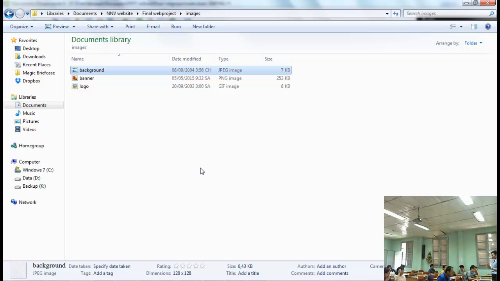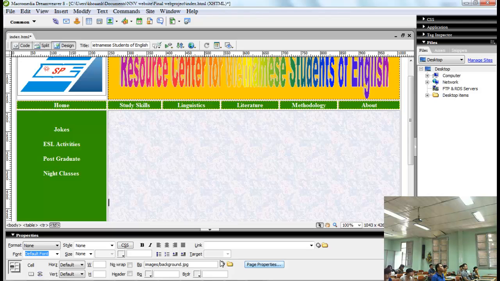It's okay to have a photo there, but remember, your photo will be tiled across the screen. So if you simply select a photo, for example, like this,